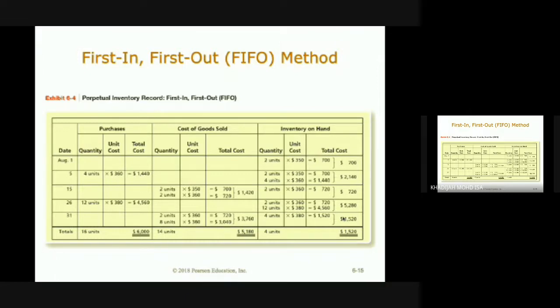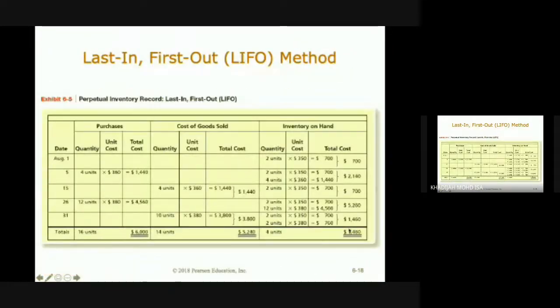you first purchased. It means that you sell goods at the unit cost of the earliest. So the earliest is always the cheapest. So your cost of goods sold will be the lowest, but the inventory will be the highest. But if you look into your LIFO, the difference is that your inventory in hand is 1460 because it represents the oldest unit cost, which is lower. Your cost of goods sold will be high,